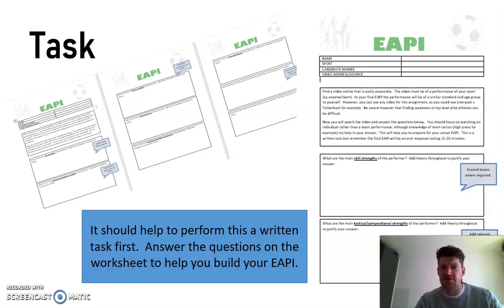Just a note, when you do go into your exam, you are allowed to take one piece of blank paper, and you can write notes down on there. So again, you should have in your head exactly what you're going to write down on that piece of paper. You're going to write down the muscular system, the skeletal system, just to jog your memory. Biomechanics, how can I fit that in? Social-cultural issues, psychology, self-talk. How am I going to include self-talk into this? How am I going to include arousal? Because again, arousal is something that guaranteed you can get in there, and you're just showing your general knowledge of the PE specification to the person watching that video.